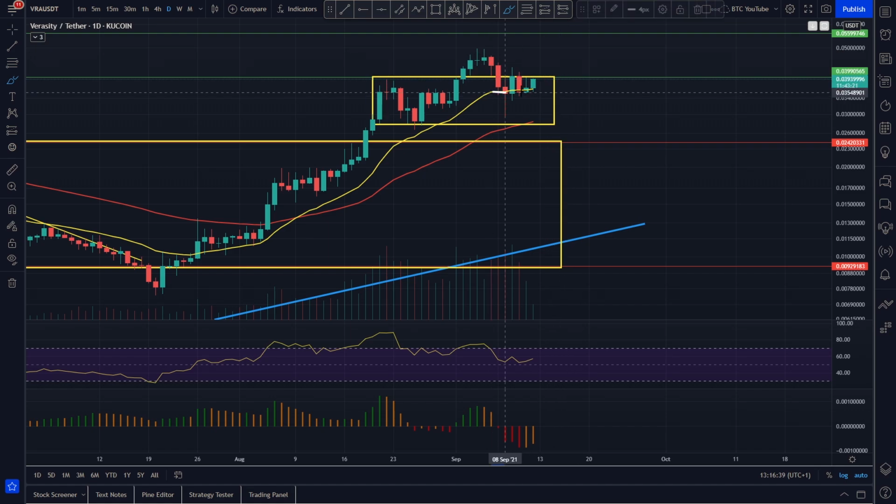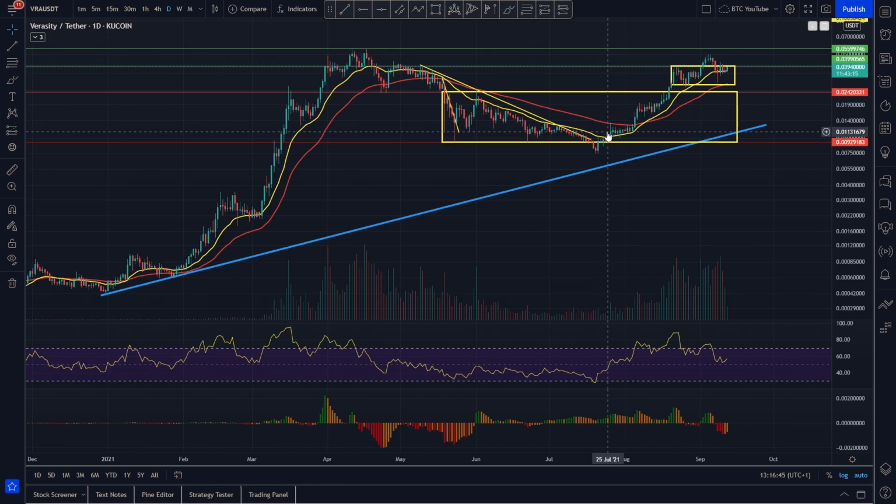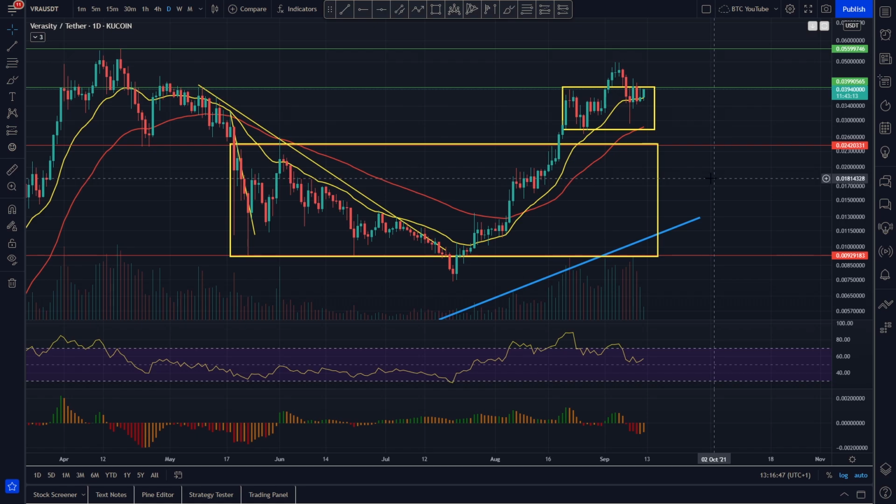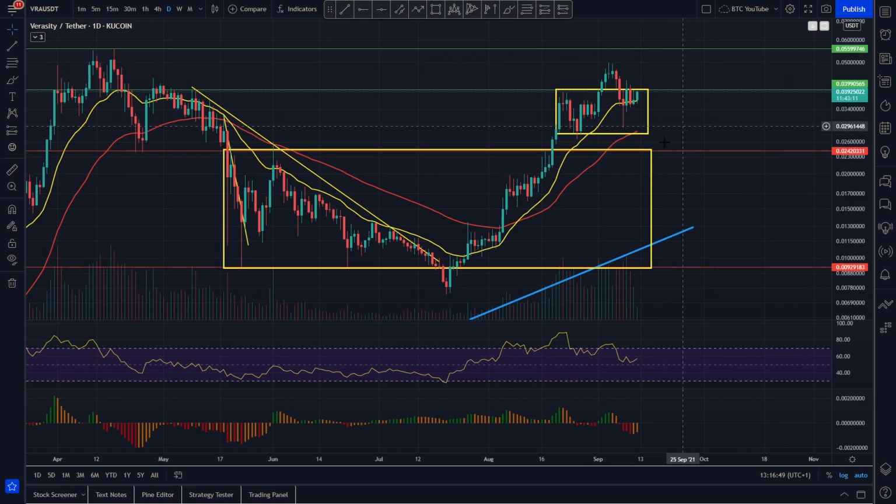This massive wick back onto it really just shows how bullish Verasity is right now. And we do think this is a crypto that is basically primed to explode pretty soon, isn't it? So there's really not much else to say, to be honest, considering how well it's actually holding support. But you can see,